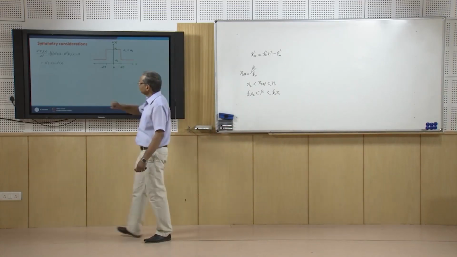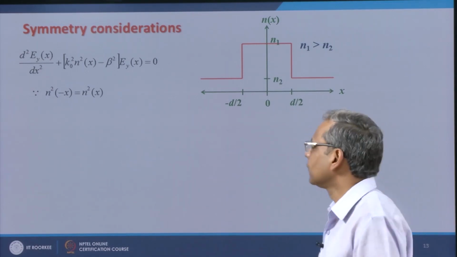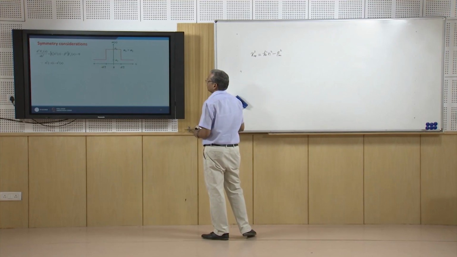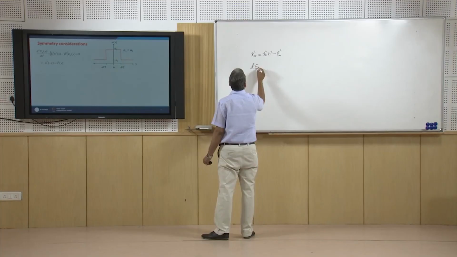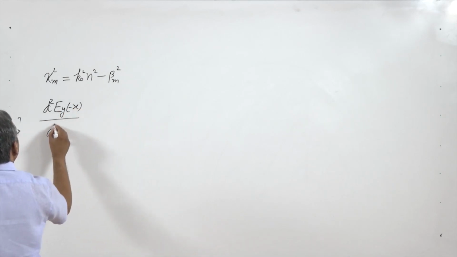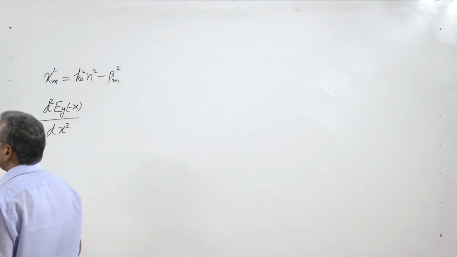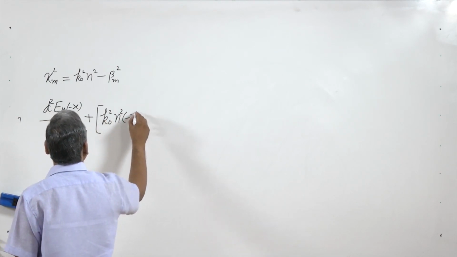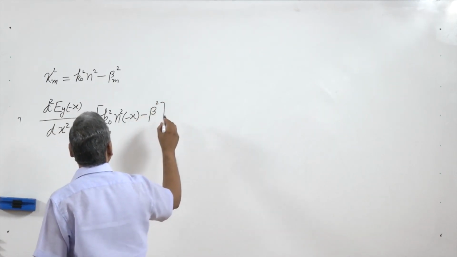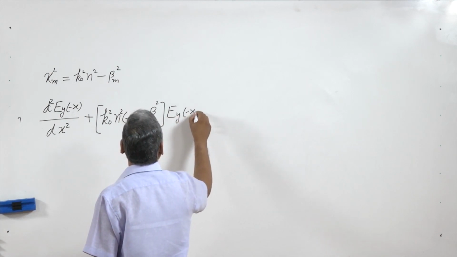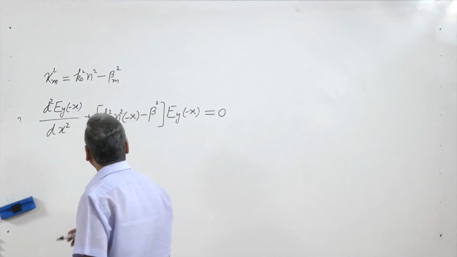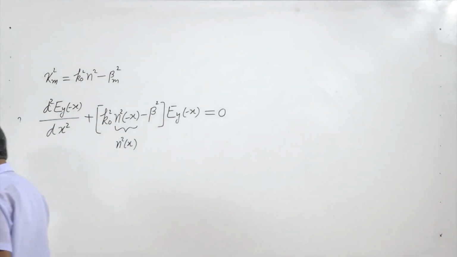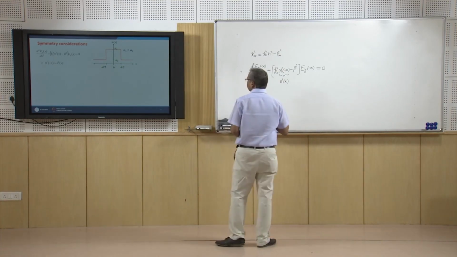Now, in this equation, if you replace x by minus x, then you get d2 Ey of minus x divided by d of minus x square, that is dx square, plus k naught square n square of minus x minus beta square Ey of minus x is equal to 0, and this is nothing but n square of x because of the symmetry of the profile, which means that